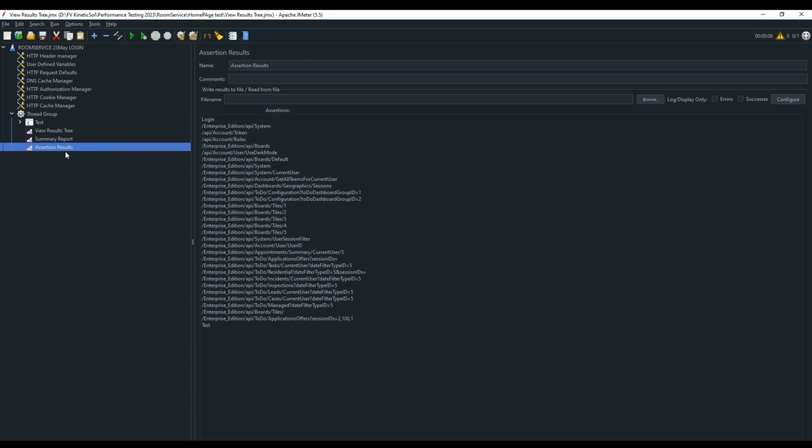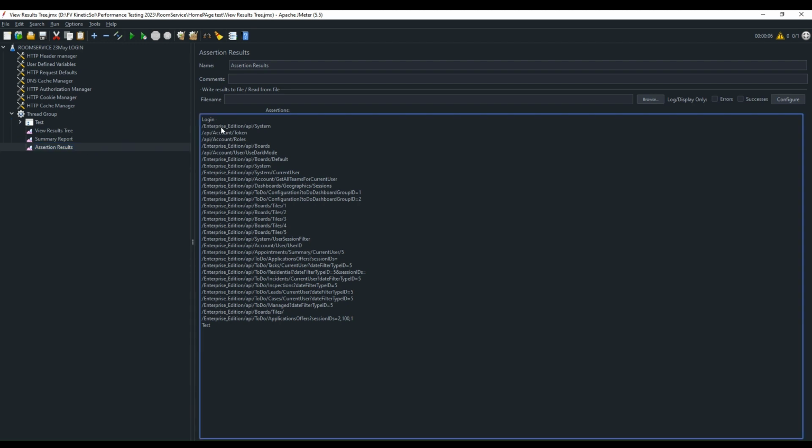So for assertion results, there is assertion result name listener already available in JMeter. If you are putting any assertion, you need to use assertion result, and within that assertion result you will see